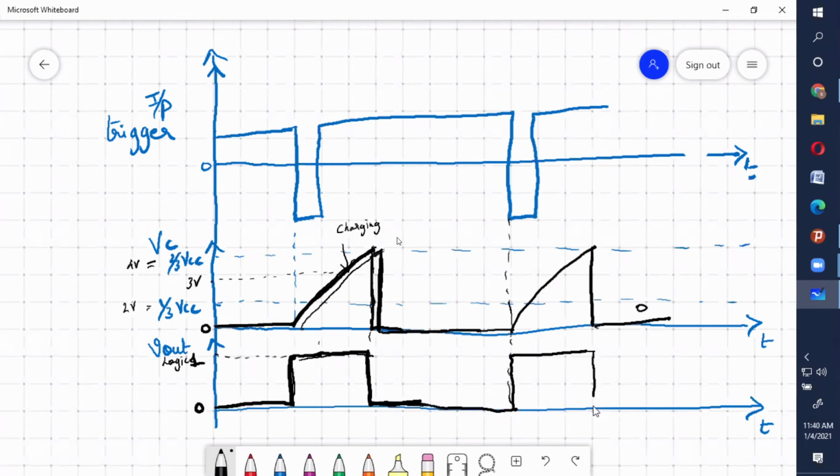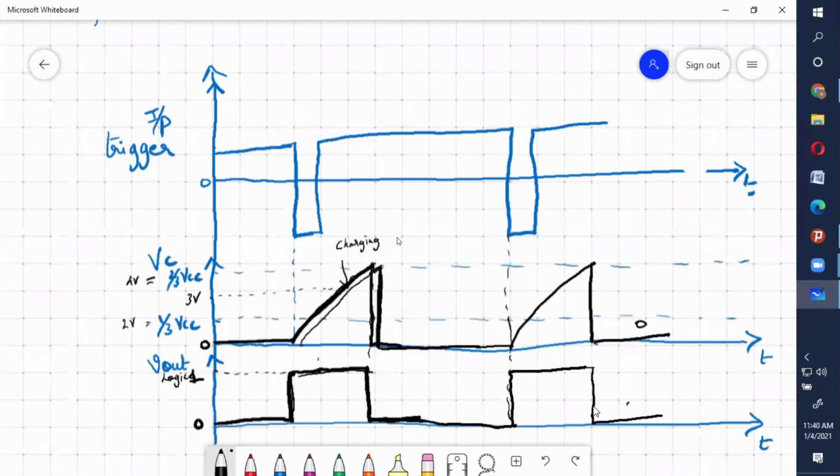You will get output as logic 1 only if you apply a negative trigger pulse. Until you apply a negative trigger pulse, you will not get any output. Is that clear? So this is called a monostable multivibrator. Whenever you apply a negative trigger, you will get a pulse, or else you will not get a pulse. So where can we use this monostable multivibrator? When you press a button, you will get a pulse. When you don't press a button, you will not get an output pulse. Where have we used it? In which circuit?